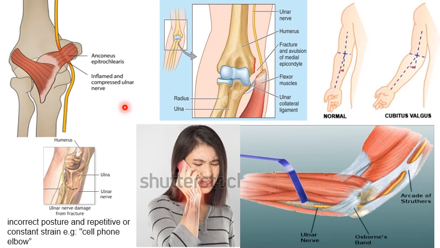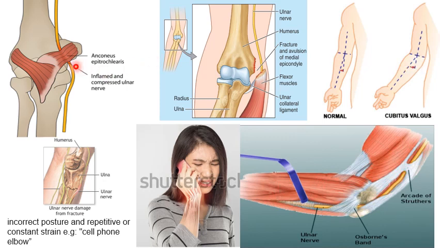So these are the reasons where the ulnar nerve can get injured at the elbow. This is the fracture of the medial epicondyle. This is the cubitus valgus, where the carrying angle is increased, leading to the pull on the ulnar nerve, thus